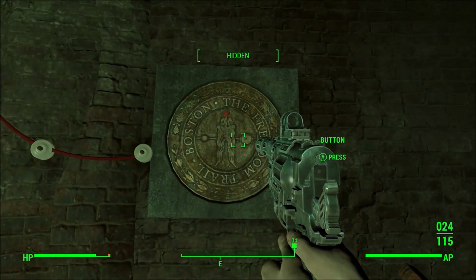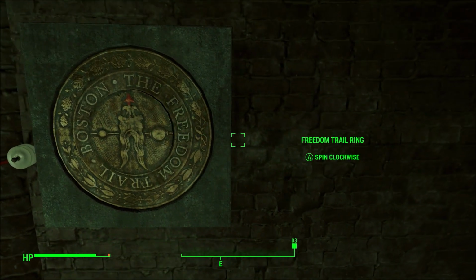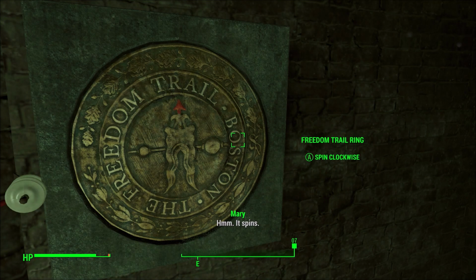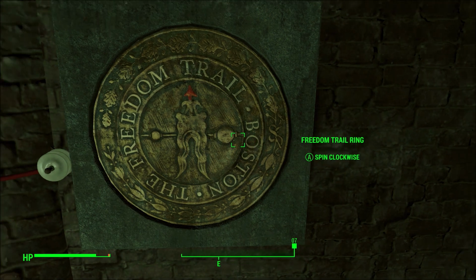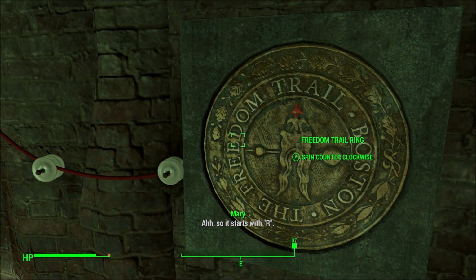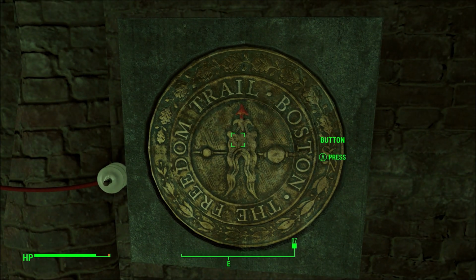Now, I did take a more dangerous route here than was strictly required because I wanted to get myself as much experience as I could. So I traded a whole lot of bullets for a whole lot of experience, and I am now kind of sitting pretty on level 38. We're going to bank that perk, and... Oh, so it starts with R. Brilliant. We're going to bank that perk until level 39, and then we're going to get gun nut and armor as discussed,